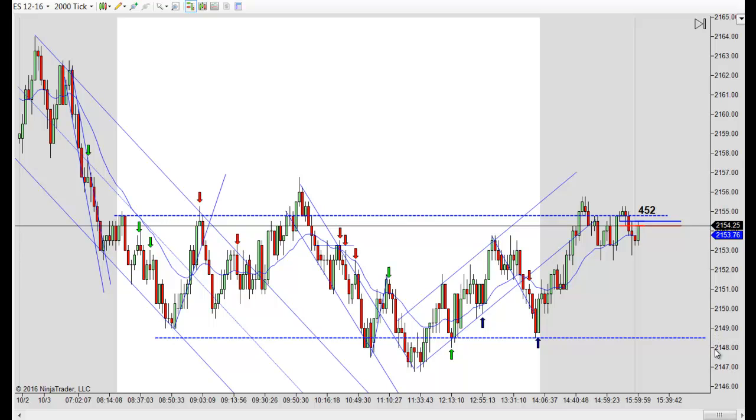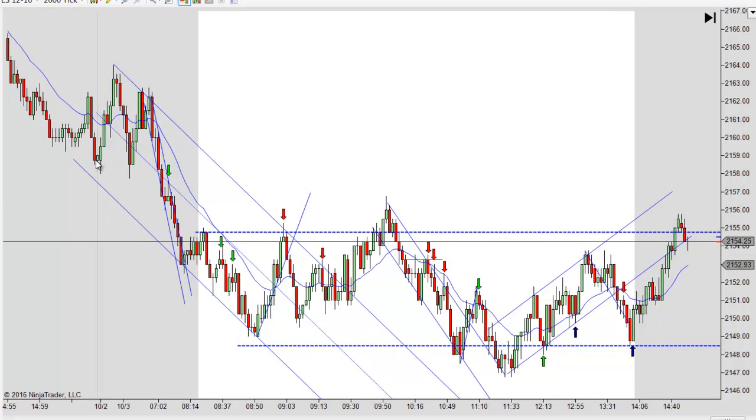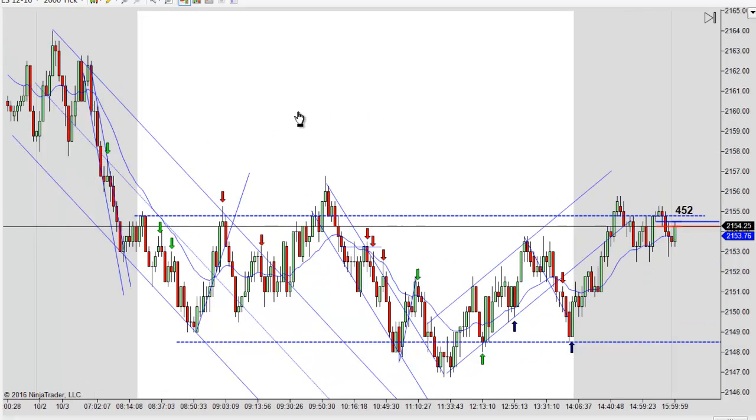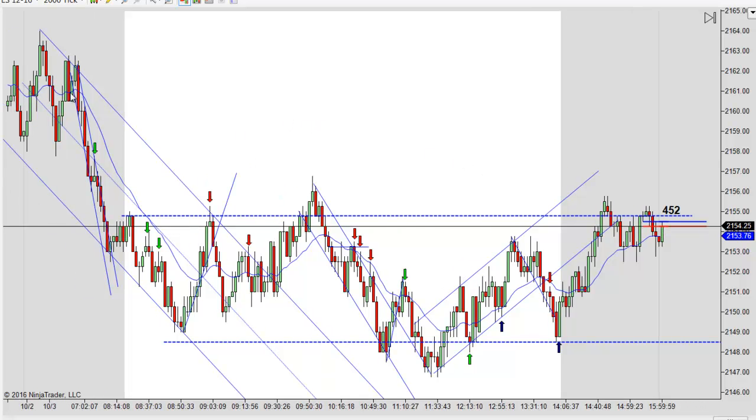a range. It ranged from about 2147 with a high of about 2156, maybe you call it 57. So it's about a 10-point range. But most of the day was inside of that 10 points. So we really didn't have a whole lot of movement today. And we closed slightly down. Yeah, you can see we closed here on Friday. And so we closed slightly down today, not by much, but again, we had a pretty nice sell-off here and